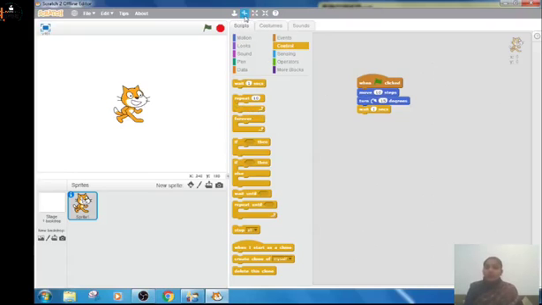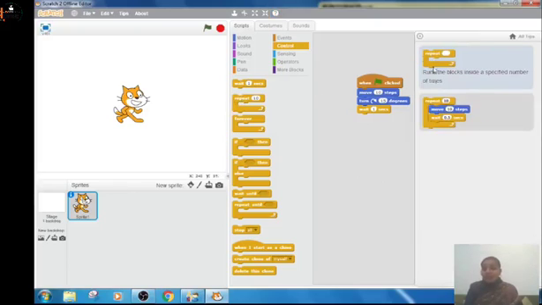Can you see these control buttons on the top of the screen? This control button is for help. When you click this control button, your pointer will change into a question mark. Can you see? My pointer has changed to a question mark now. Now on whichever block I click, the function of that block will be displayed. Let's click on repeat block. Here is the function: runs the blocks inside a specified number of times.